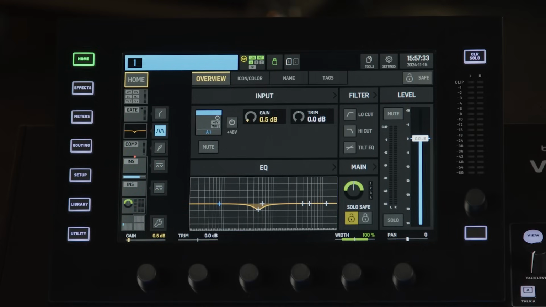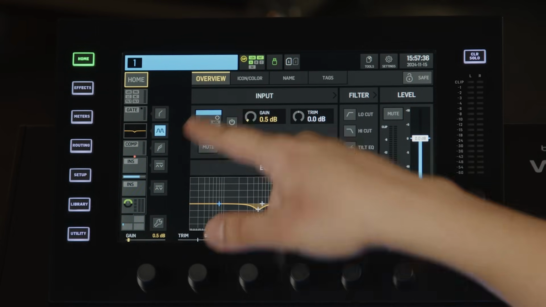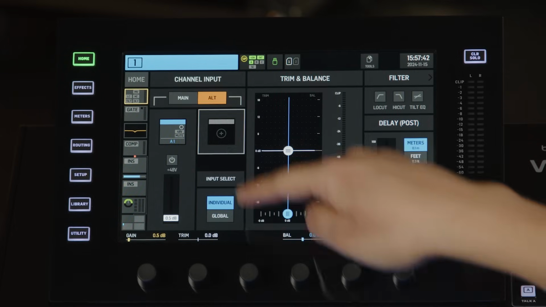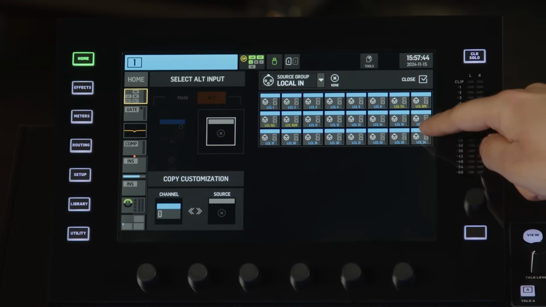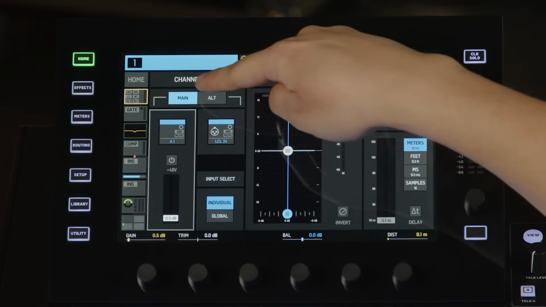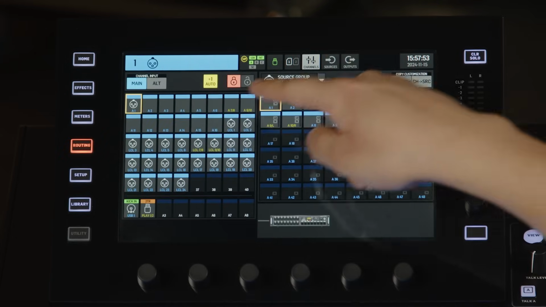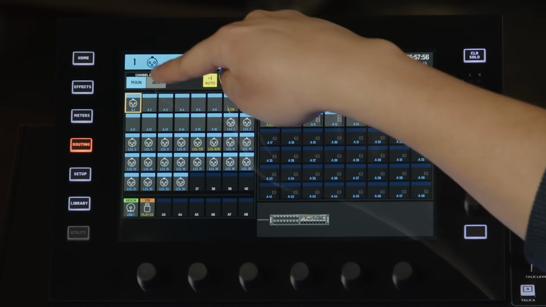Here's another tip. Every channel has both a main input and an alternate input, and you can very quickly switch from one to the other as a backup microphone or for virtual sound checks. Let's say channel 1 is going to be used for the lead vocal, and the main microphone is coming from the AES50 port. The alternate input can be, let's say, the local input 24, and just by that I can quickly switch from one input to the other. If you want to do that more quickly, you can go to the routing page, channels, and then toggle between the main and the alt inputs and assign the desired channels to the channels on the console.